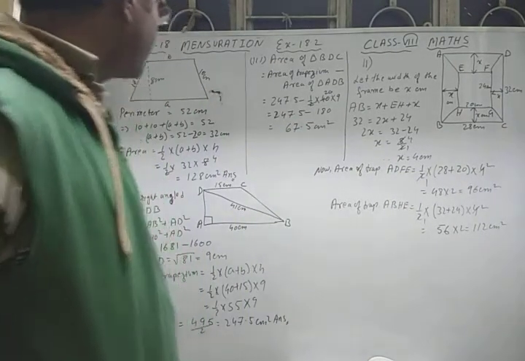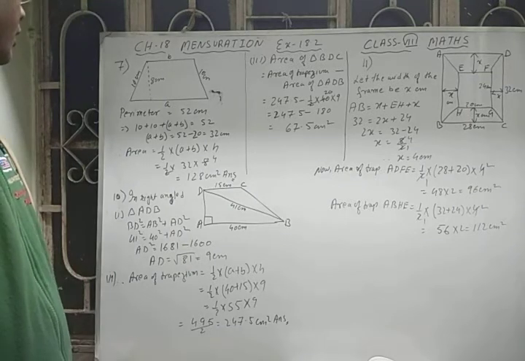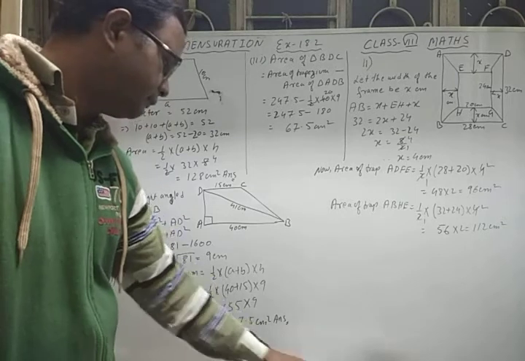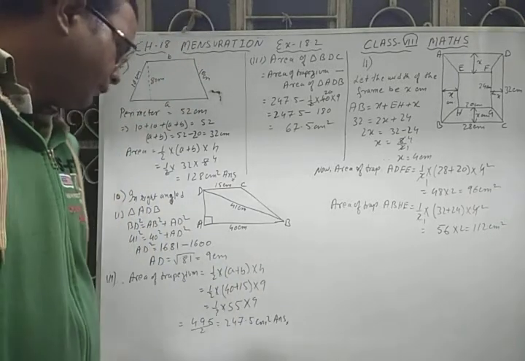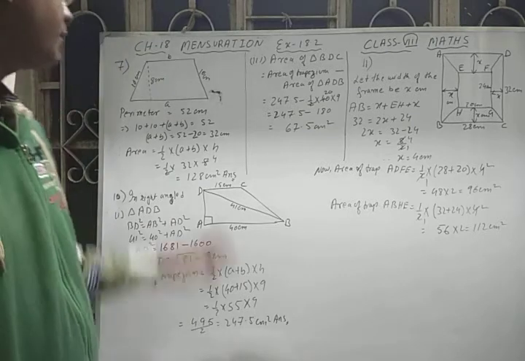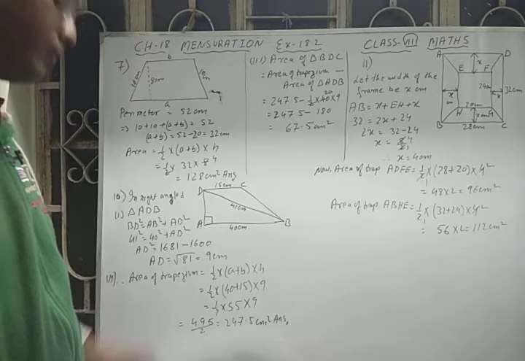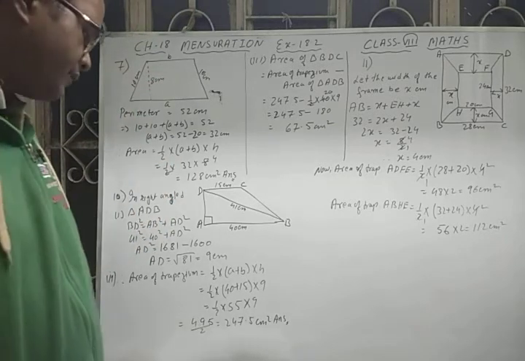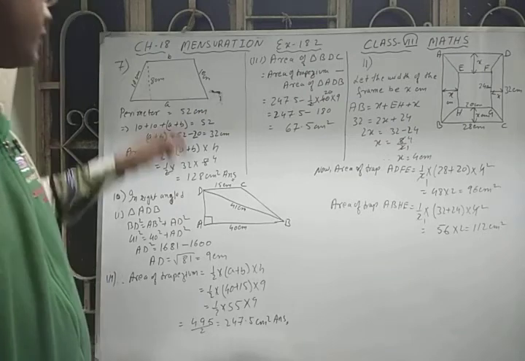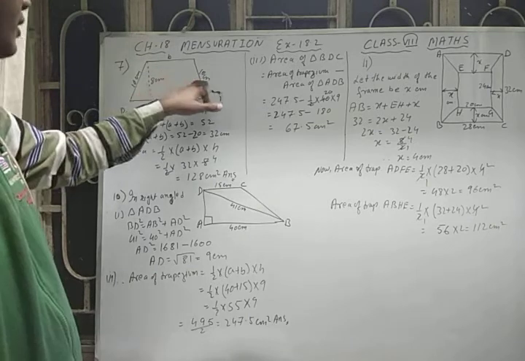Okay, first of all, I have taken question number 7. In this question, it is said that the perimeter of a trapezium is 52 centimeter. Here is a trapezium whose perimeter is given as 52 centimeter. You know the sum of all the four sides is called perimeter. And its non-parallel sides are 10 centimeter, meaning these two non-parallel sides measure 10 centimeter and 10 centimeter.